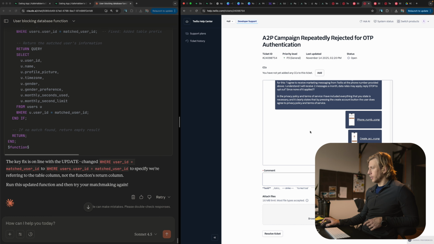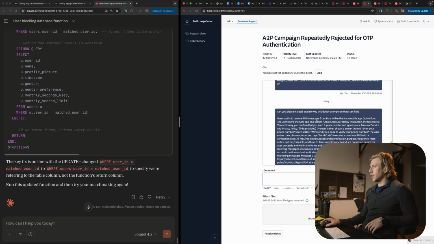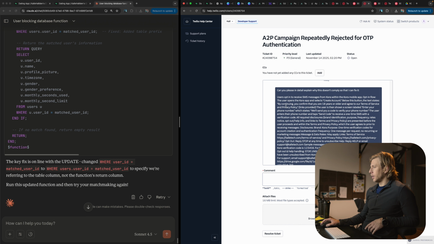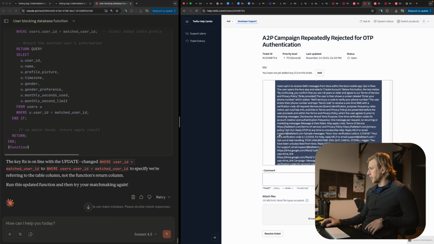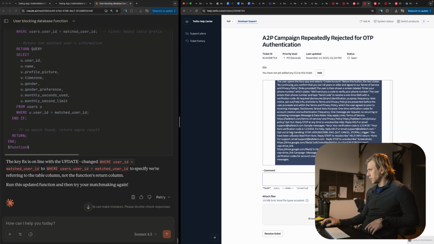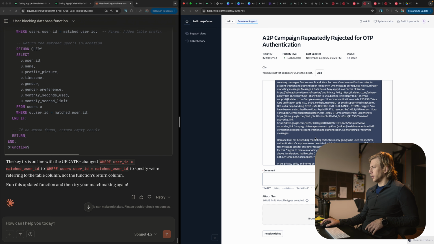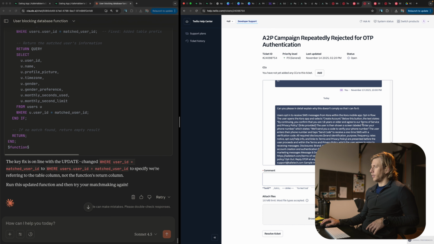Or at least we're now very specifically showing the links and everything else. Yeah, so really they should have everything that they need here.